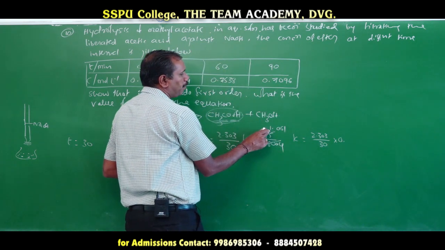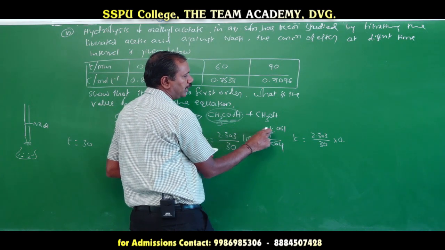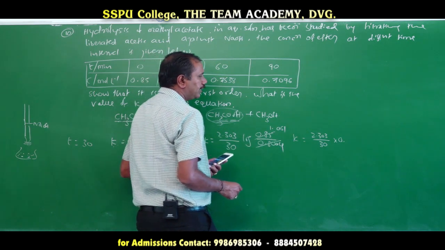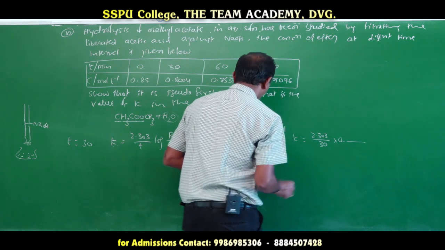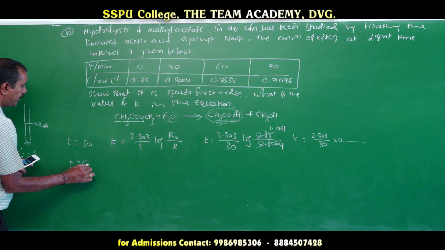So, before the decimal point there is only one digit, n minus 1, 1 minus 1, that is 0. The 10 under 6 value we have to find out, the log value, how to substitute. Okay. Then next, at the 60th minute we have to calculate.